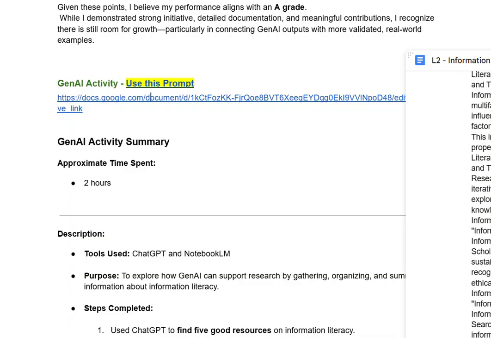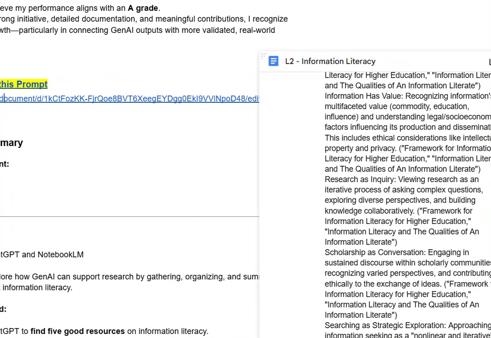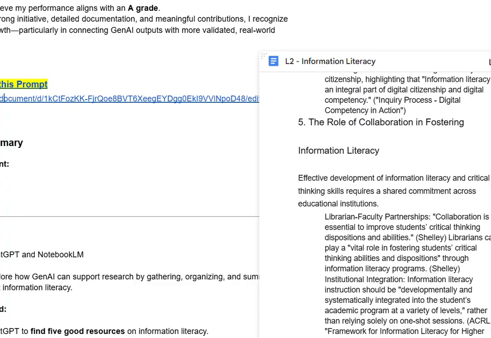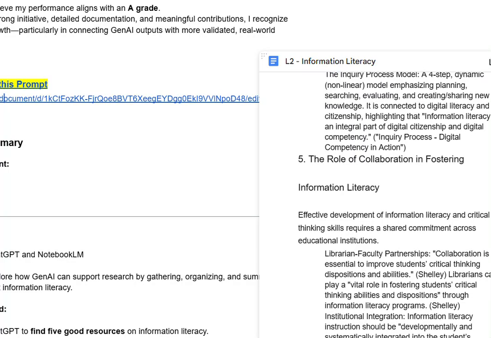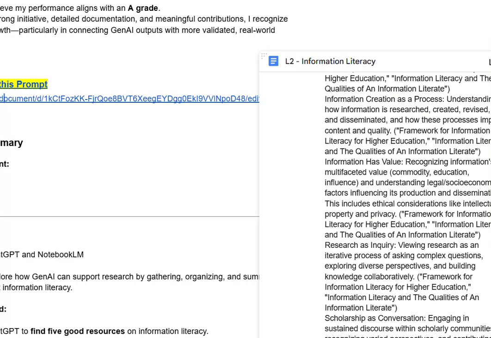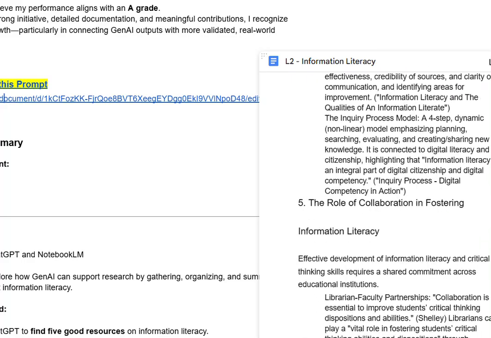Although I will say it is quite challenging to follow this. I'm not entirely sure. Yeah, it's kind of smudged in there.